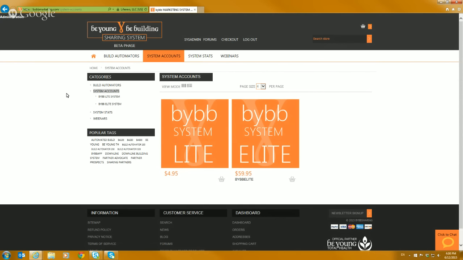The secondary purpose of the system accounts is for the people who hold build automators but no longer need monthly prospects. So let's say that they've had a BA 100 for 3 months. That would give them 300 prospects, at which time they could downgrade to either the light or the elite, because build automator assigned prospects or build automator garnered prospects do not count toward the number of prospects in the system